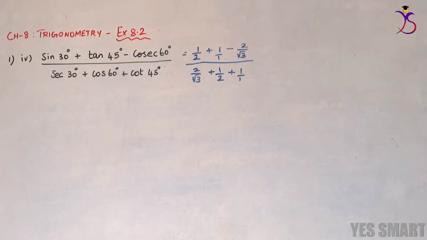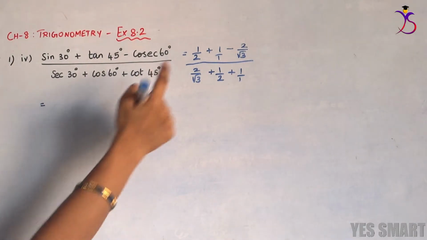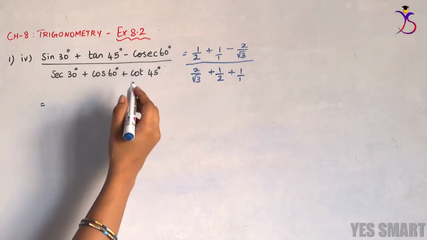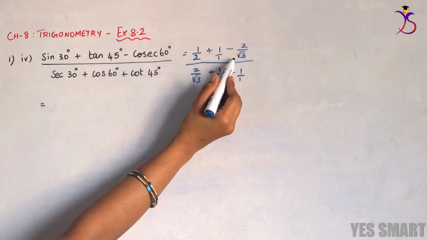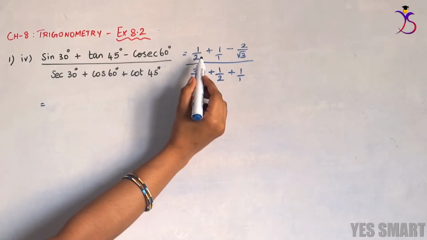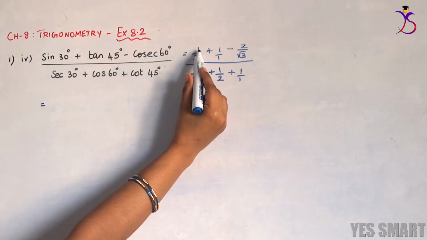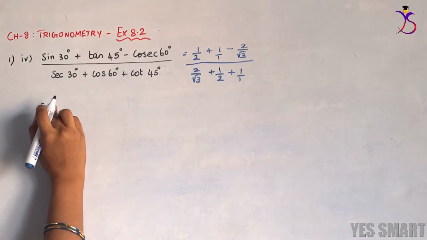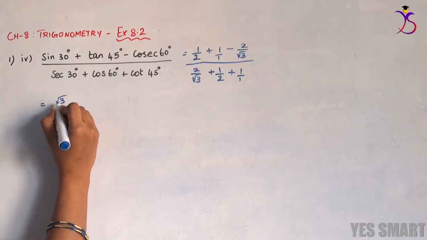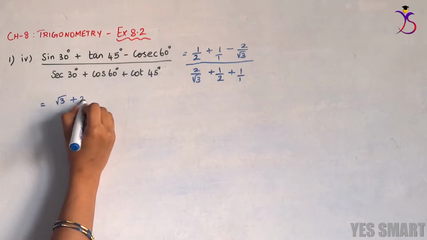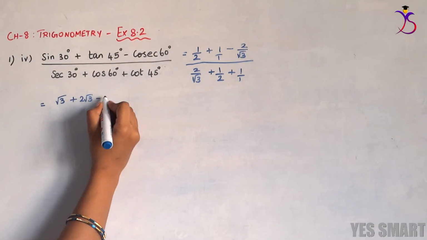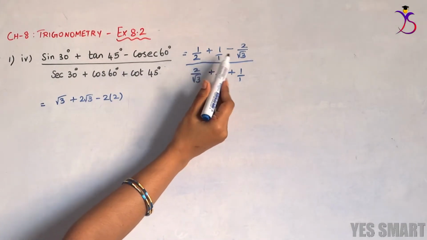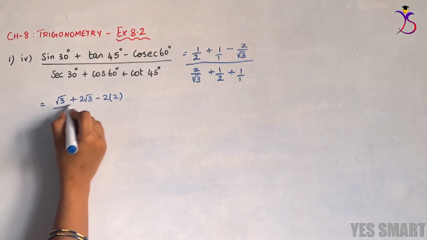Now we are going to solve this by taking the LCM. The LCM for the numerator fractions is 2 root 3. I am just going to multiply each fraction by the terms which are missing. In the first fraction, root 3 is not there in the denominator, therefore I am multiplying by root 3. It becomes root 3 plus, here 2 root 3 is missing, so 1 into 2 root 3 is 2 root 3, minus 2 into 2. Because we have root 3 in the denominator, only 2 is missing, so I have multiplied the 2 with the numerator, divided by 2 root 3.